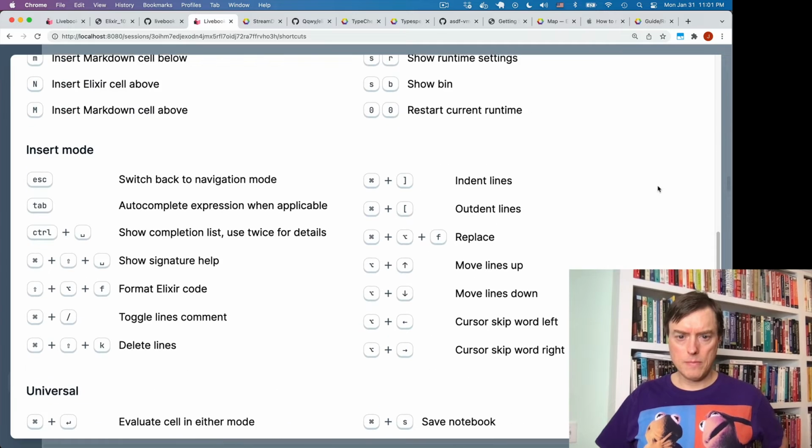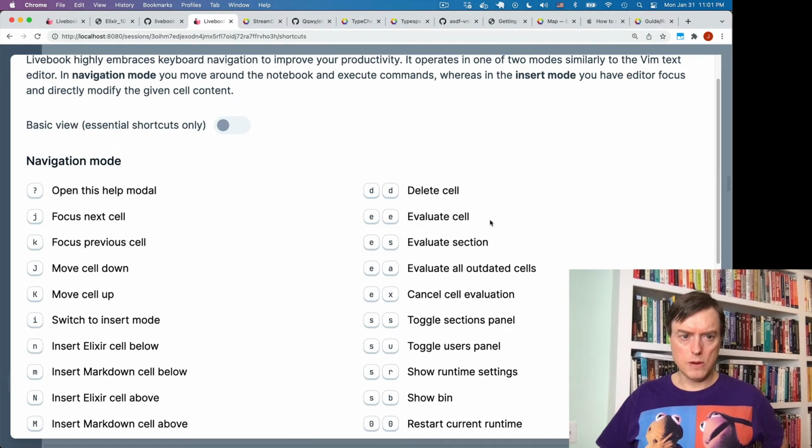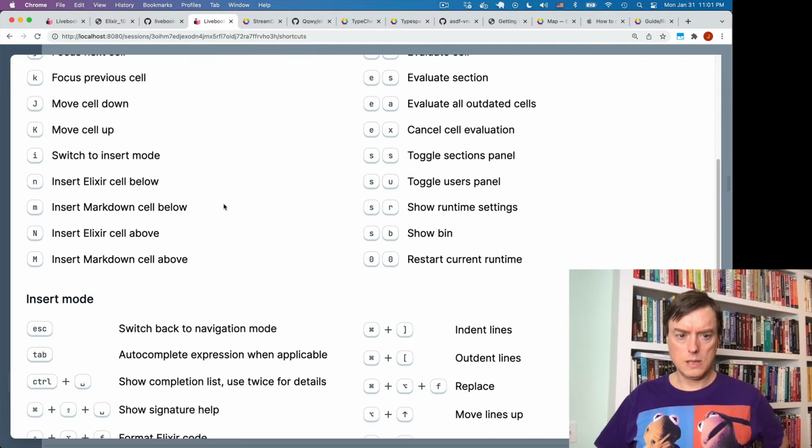And there's a lot of them. I won't go into them all. Just note that there's several modes. There's a navigation mode, which is when you're not inside. Well, insert mode is when you're